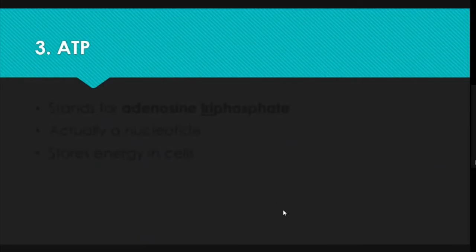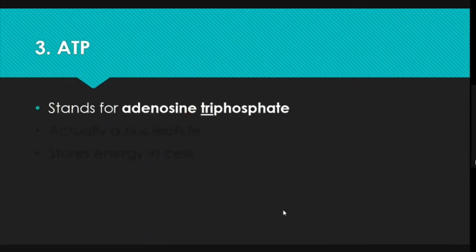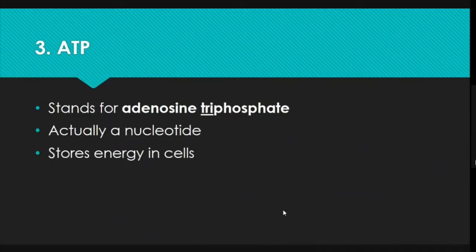Number 3, ATP. ATP stands for adenosine triphosphate. It's the primary energy storage molecule in cells. It's actually a type of nucleotide. And the reason why it's triphosphate is because there are 3 phosphate groups when this molecule is storing energy. And then when a phosphate group is broken off, it releases a large amount of energy that can be used